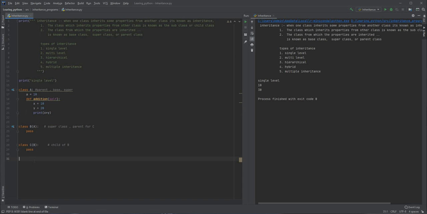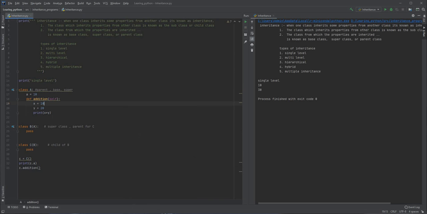If I want to print the values of A as well as the addition in class C using the reference variable of class C, we have to create an object of class C using the constructor of C. Then we print the value of A using the reference variable c, and access the addition method which we created in class A, which B has inherited, and then from B, C has inherited.